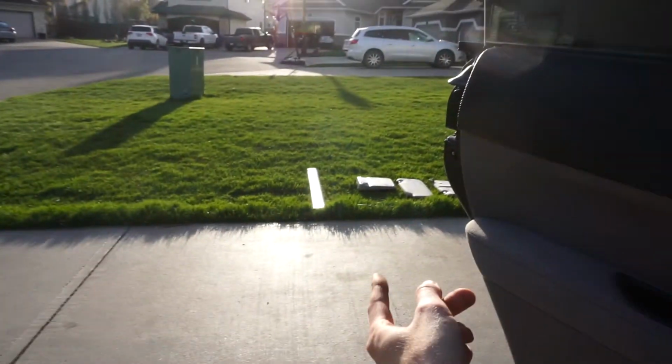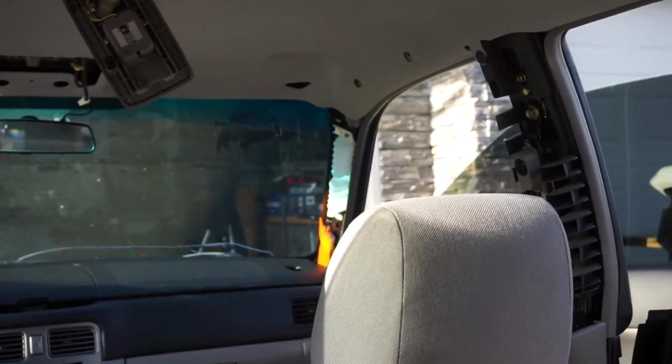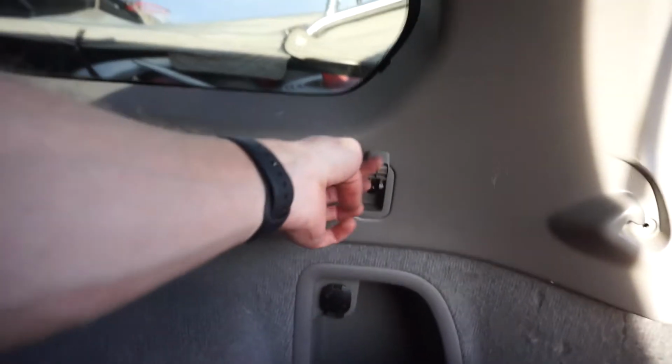We can take out the pillars, A pillars, B pillars. I'll set them on the grass with the rest of the stuff. And then it's finally time to take out the headliner. A pillars done, B pillars done, C pillar, nope. C pillar actually has one more screw hiding under this guy, but then I think we should be able to